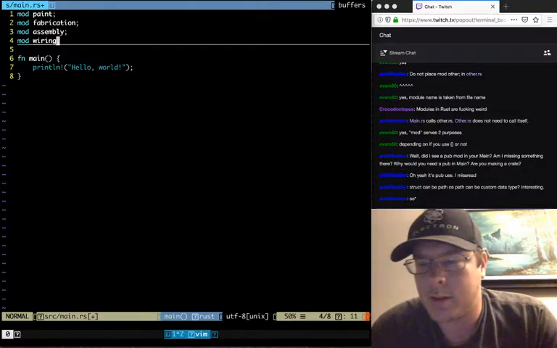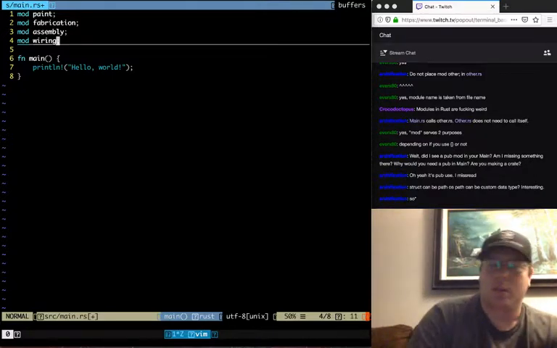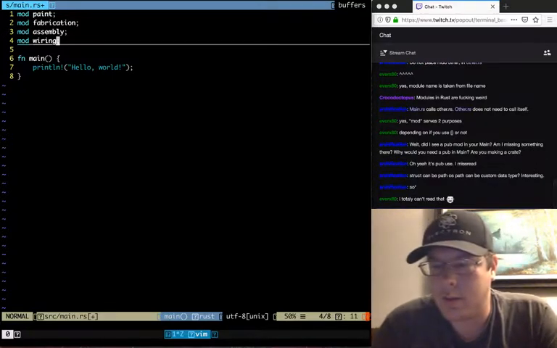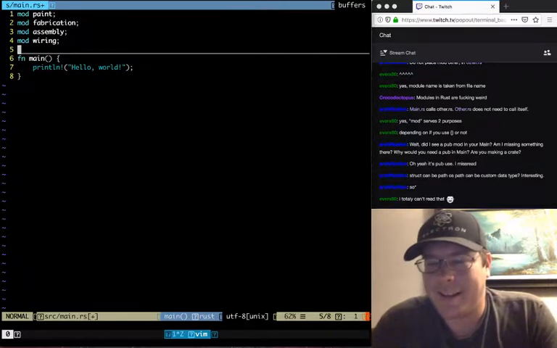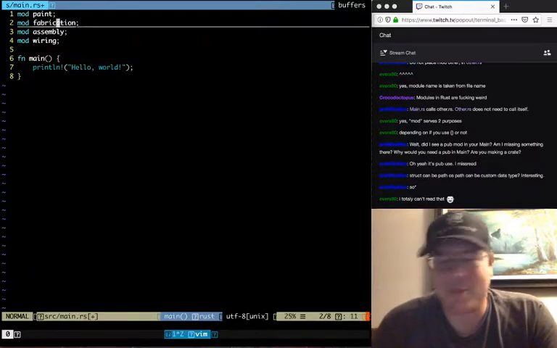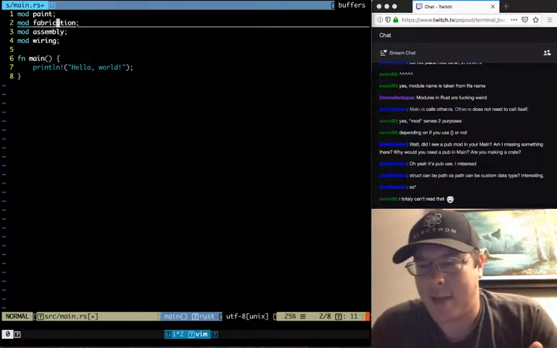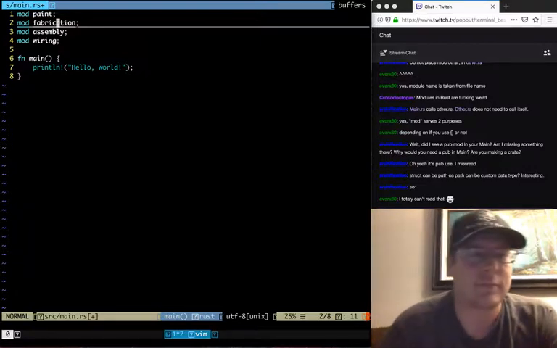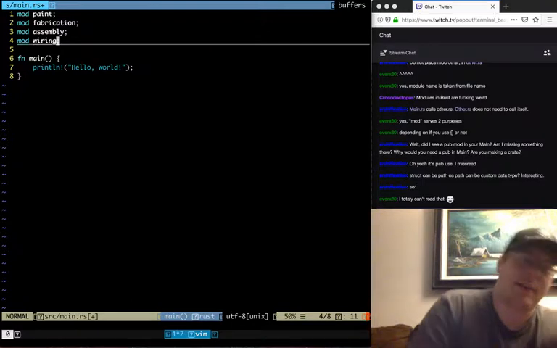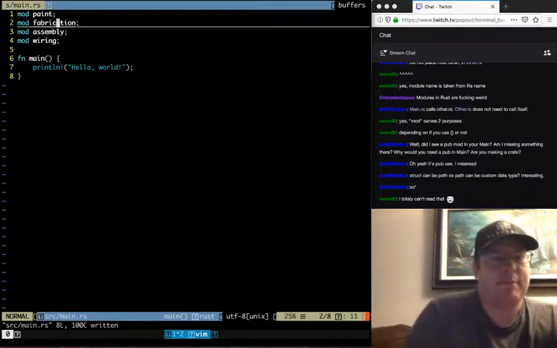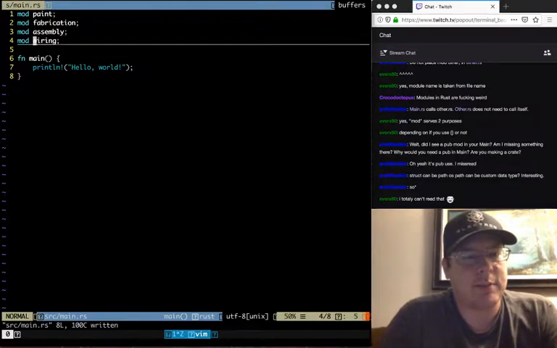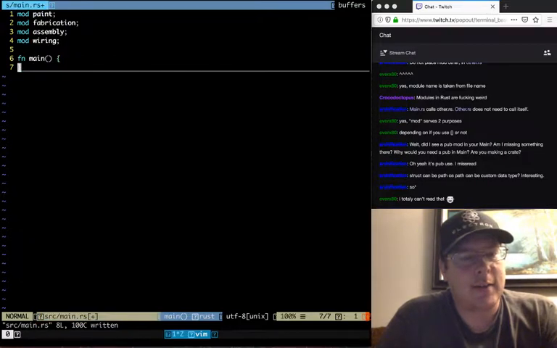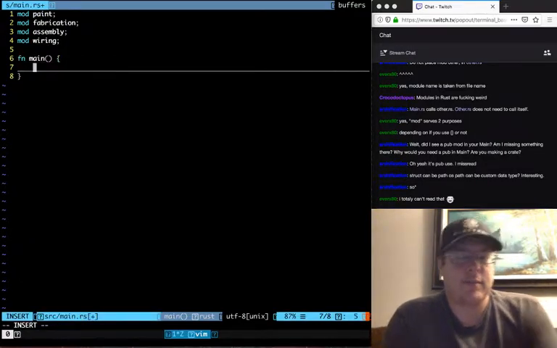Yeah, so it makes more sense. Struct can be path, so path can be custom data type. Yeah. And we'll demonstrate that, right? So we've got paint, fabrication, assembly, wiring, and then we're just going to say